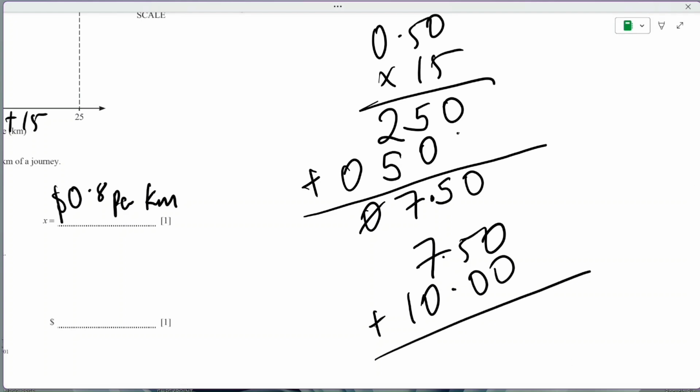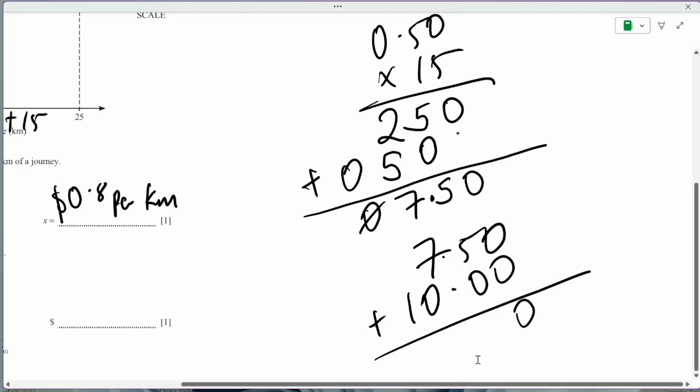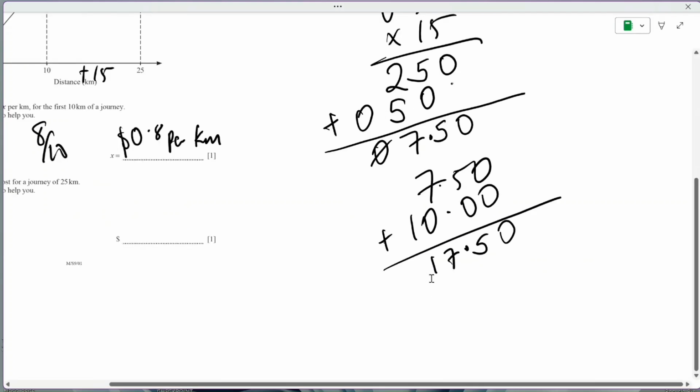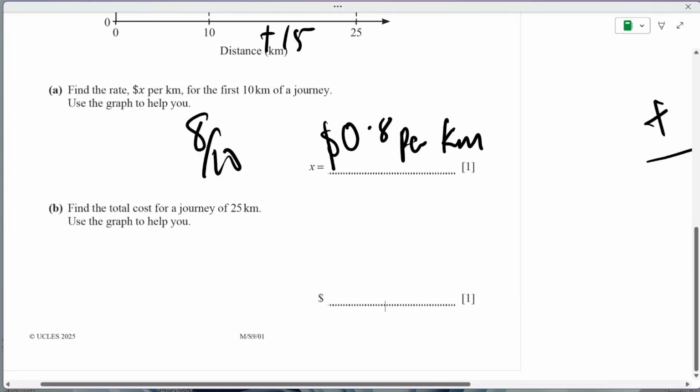So you have 0 plus 0 is 0. 5 plus 0, that's 5. 7 plus 0, that's 7. There's nothing at the top. You drag down your 1. So the journey cost a total of $17.50. So the answer to question B is